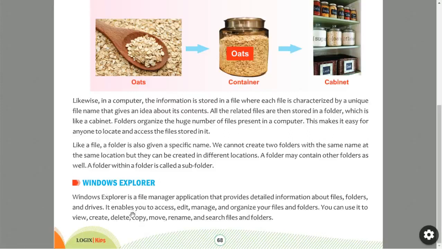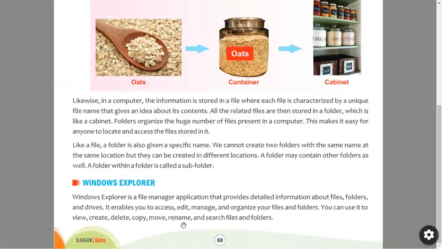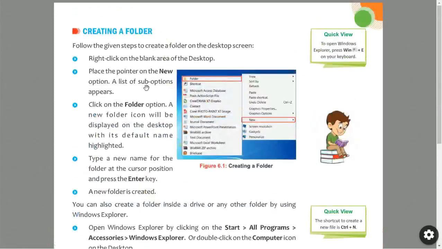If you want to move any files from one location to another location, that can also be done by using this Windows Explorer. Rename: if you want to change the name of any files or folders, you can change the name. And if you want to search any files or folders, you can search for them by using this Windows Explorer.